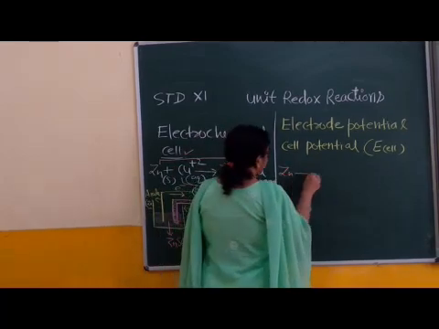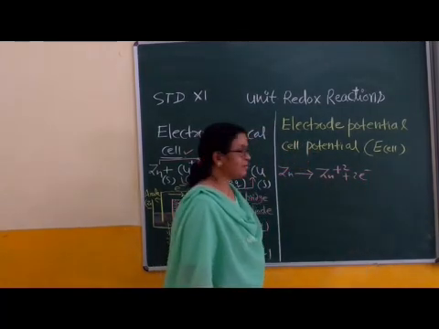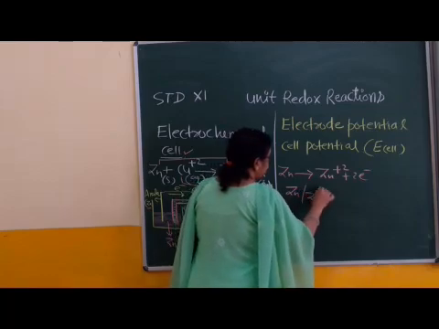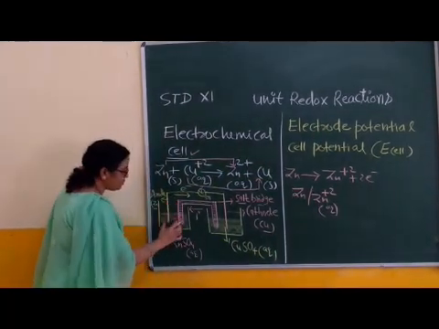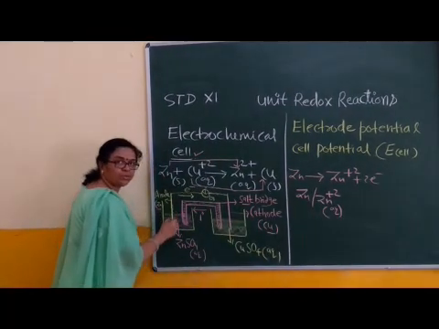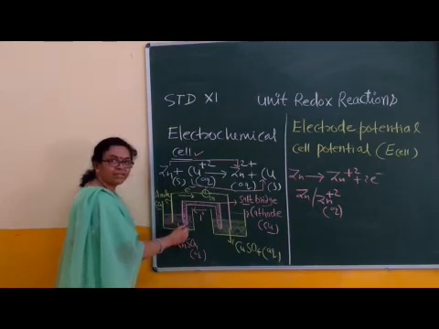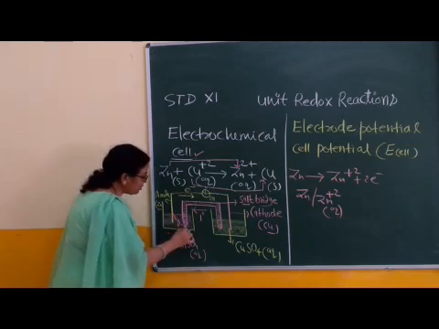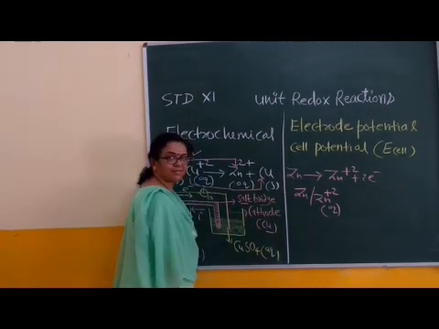Now the working of this electrochemical cell after construction. What happens? Here zinc is oxidized by losing two electrons. Then the half cell notation for this: Zn, Zn2+. This is the half cell. The zinc anode is dipped into zinc sulfate solution, right? This slash is the boundary between the solid electrode and the aqueous solution of electrolyte. Zn2+ ions are present, and after oxidation of the zinc electrode, zinc 2+ ion forms in this solution. This is the half cell notation.